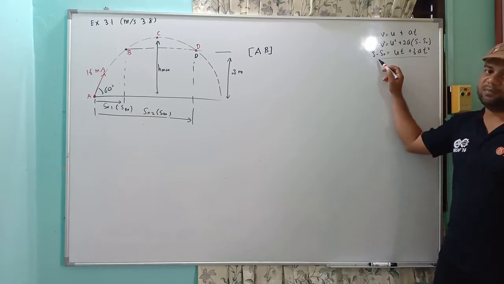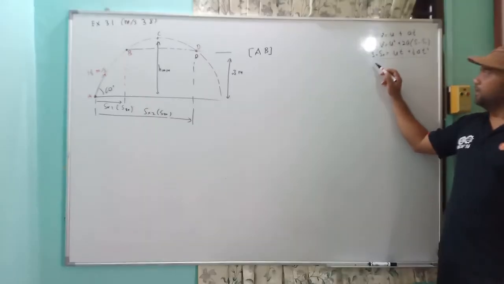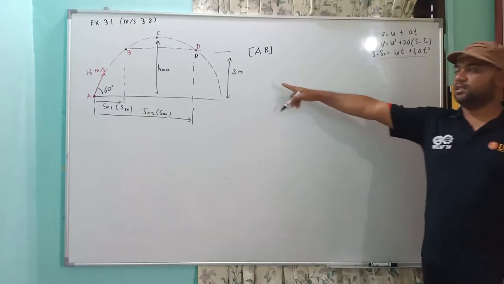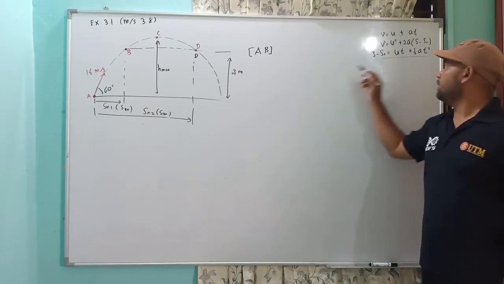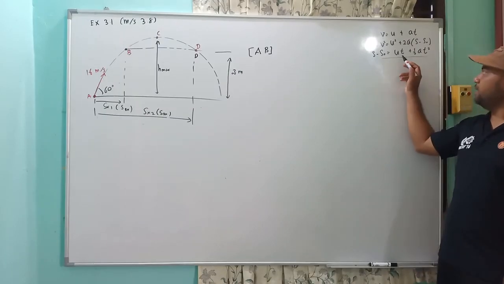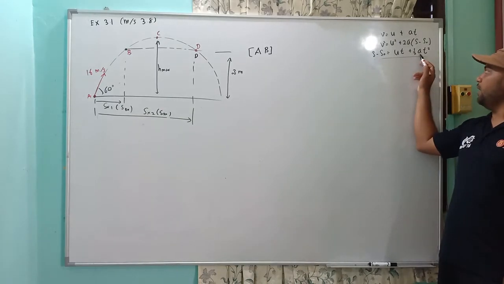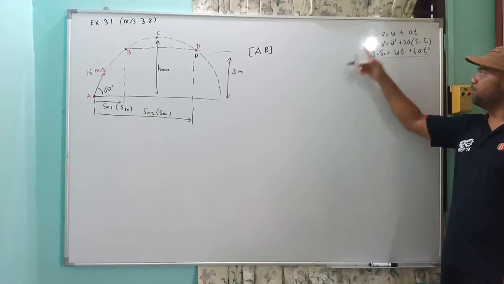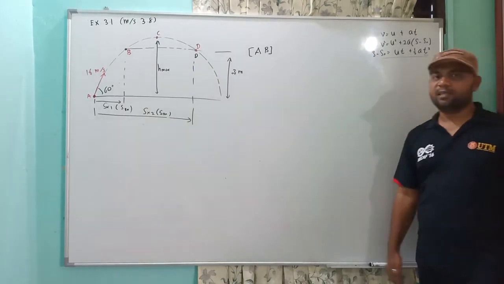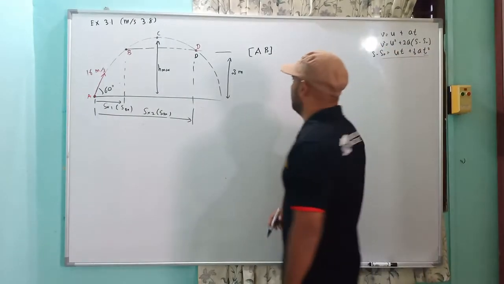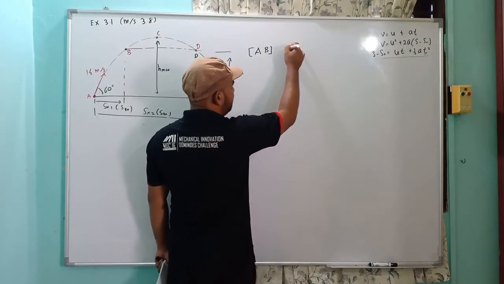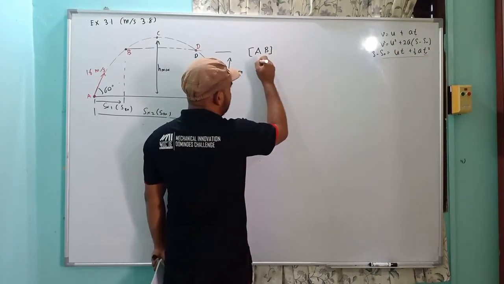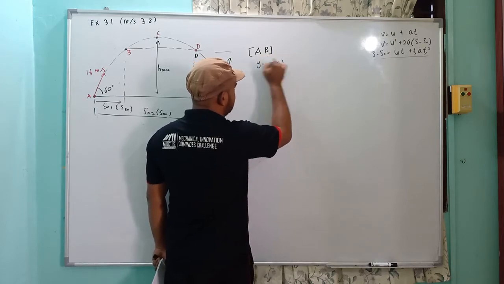S displacement in y direction, which is given here 3 meter. So S is known, and then u initial you know, a is constant. The only unknown is t. So you can use this equation to get the t, and later on put back in x direction to get the displacement. Okay, AB, let's say AB first, we write in y direction.